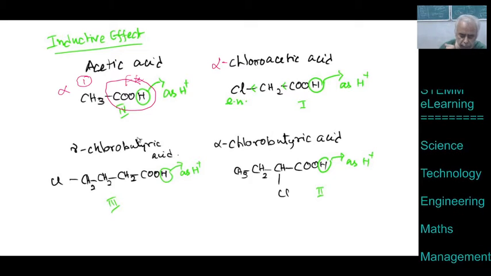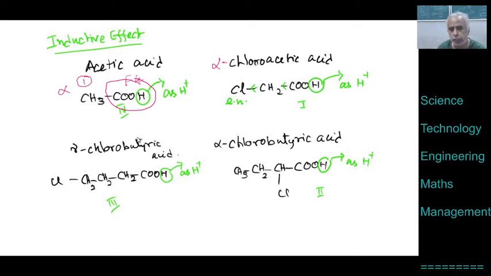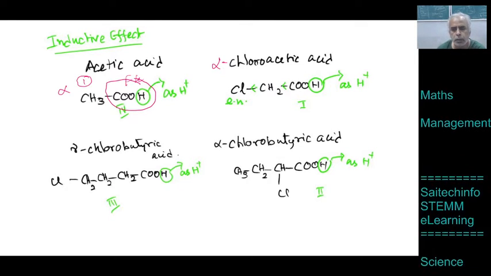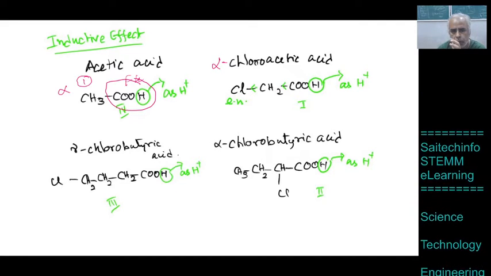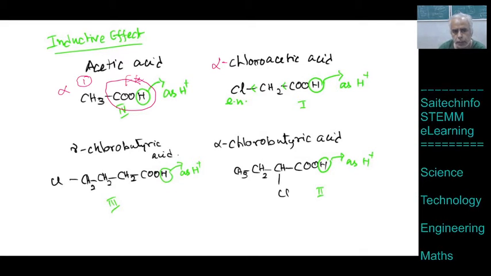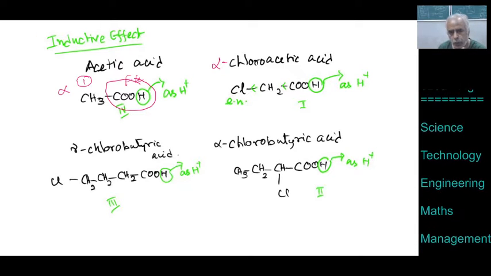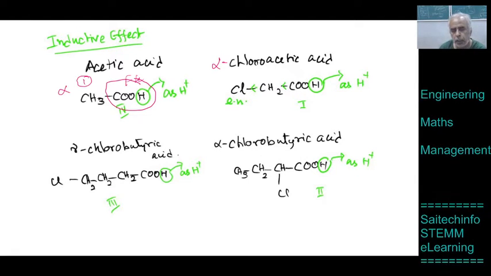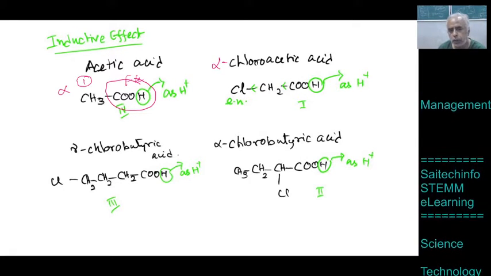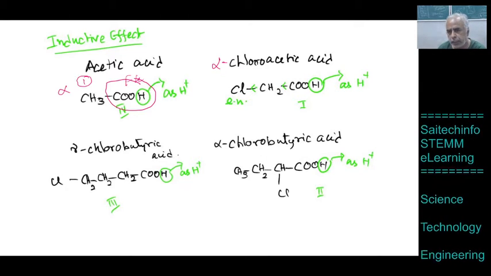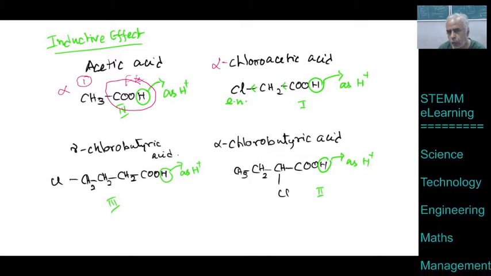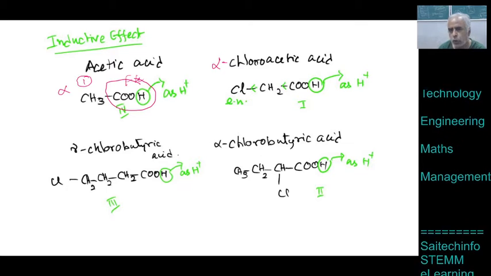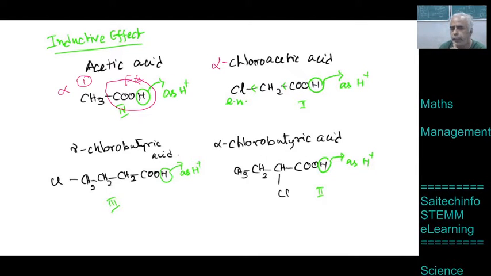Now what do you mean by acidic nature? Ease of removal of H plus. How easily the H plus can be removed? In the first case, the methyl group is already an electron releasing group, so the electrons are supplied towards the carboxylic acid group, whereas in this case the electrons are abstracted along the sigma carbon chain towards the chlorine. So what can it be called? The inductive effect, the minus I effect.